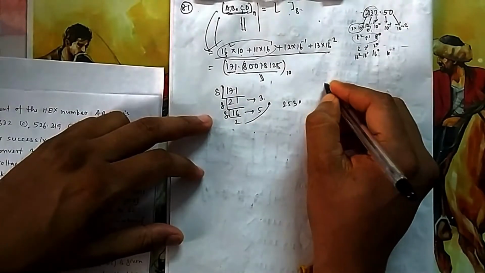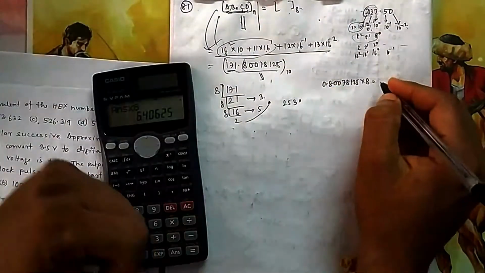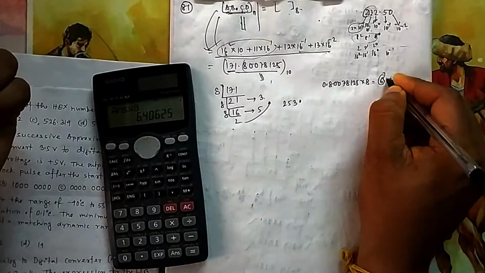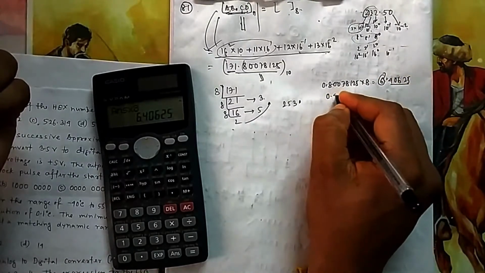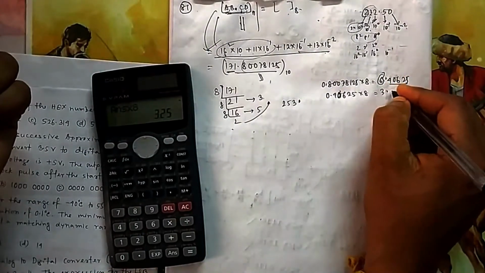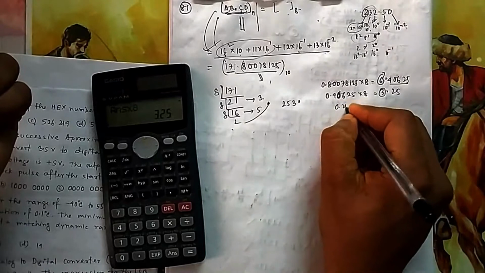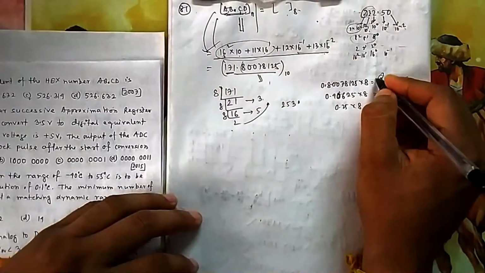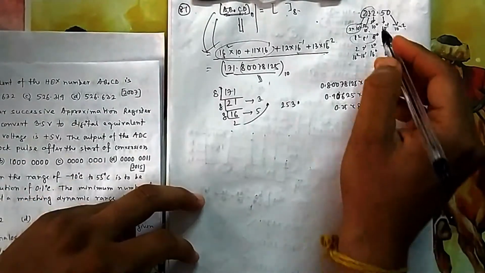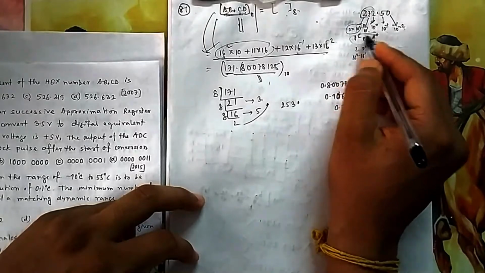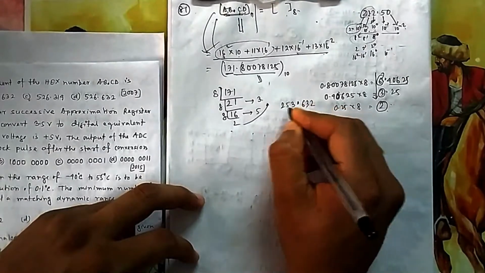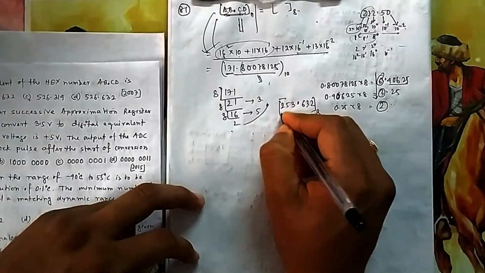For the fraction, you multiply by 8. The first multiplication gives 6.40625. So 6 we keep, and this fraction we multiply again. We multiply until it becomes 0. Then it is 3.25, so 3 we take, and then 0.25 multiplied by 8 gives 2. And here we write it from this side, not that one: 632. It is just the reverse, so you write the integer part this way and the fraction part this way. So it is 253.632 in octal.